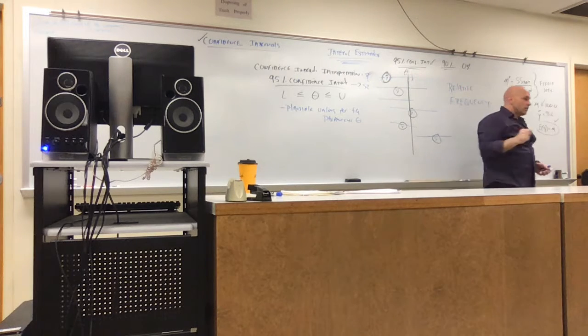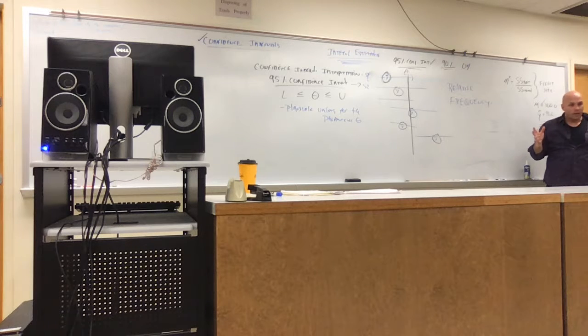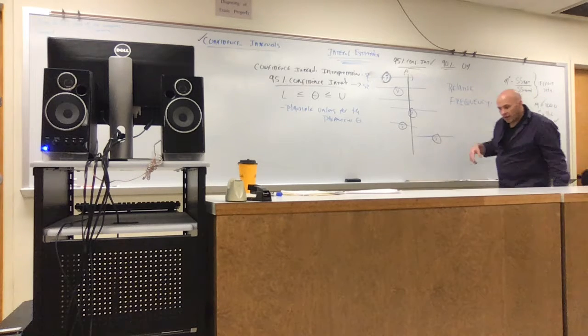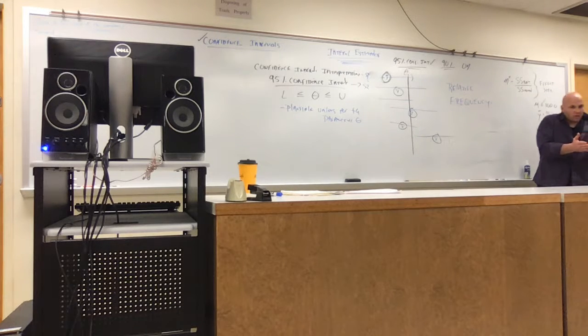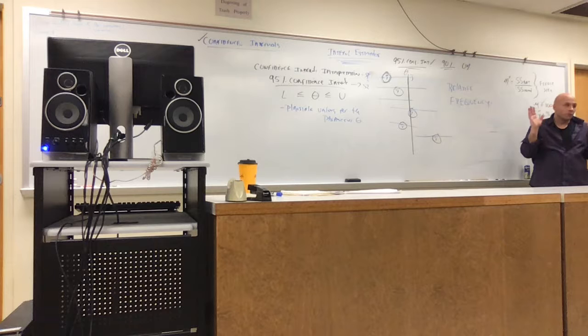So to bring this down to real life in the weight loss program, say the average weight loss is 10 pounds, give or take 2 pounds. What does that mean, right? Let's interpret that. I gave the pill to people, and 10 pounds, give or take 2 pounds. I'm not quite sure where the parameter is. It's somewhere in there. My estimate in the sample says 10, but really it could be between 8 and 12. How many people voting for Biden in the poll?